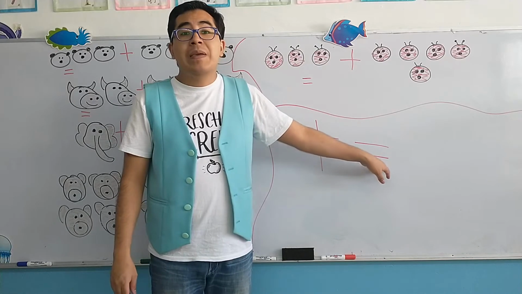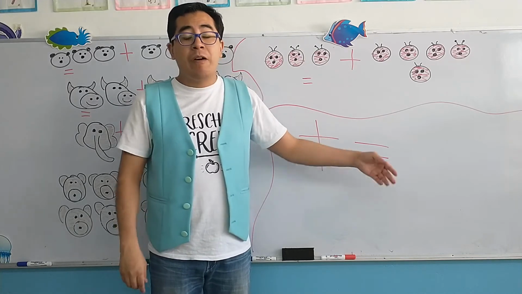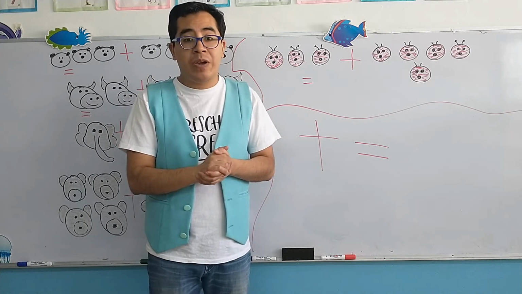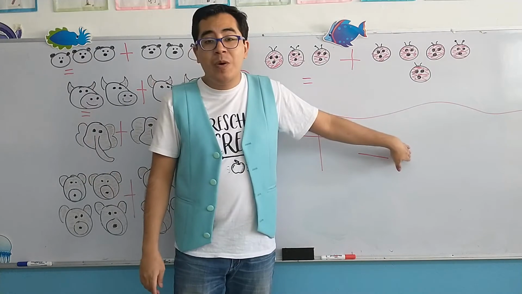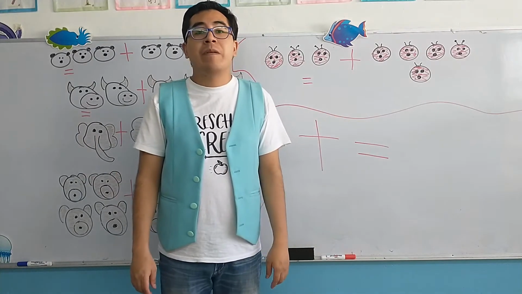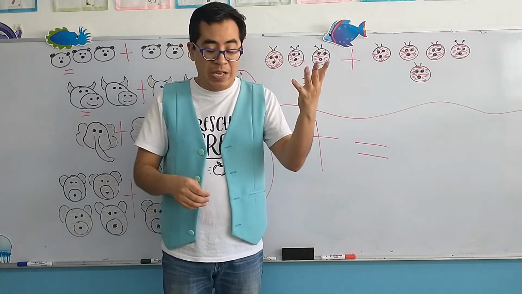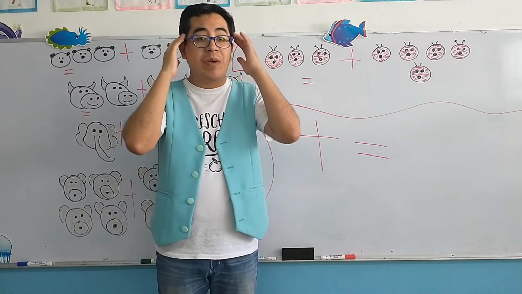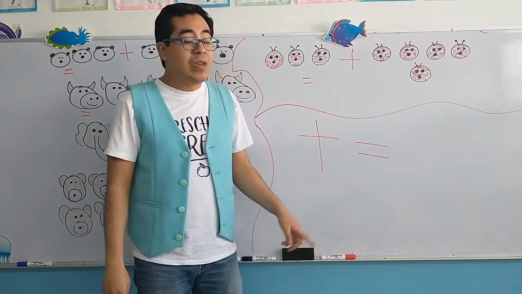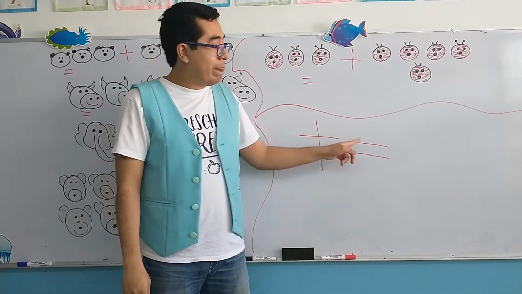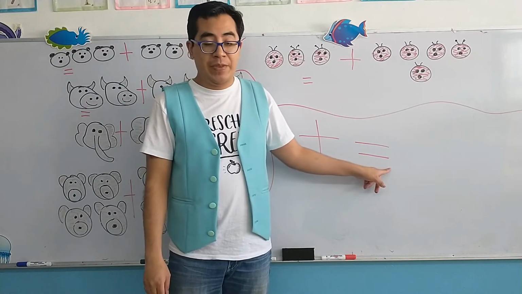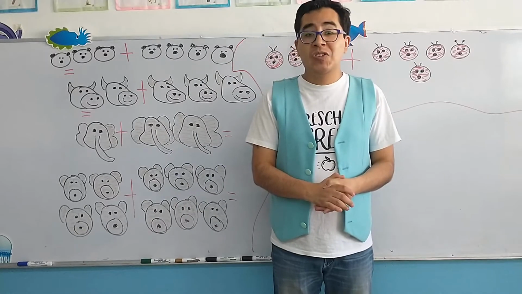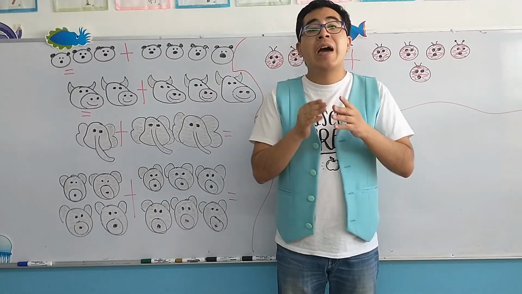Now this symbol, it means equal. Now the word equal in Spanish, igual o el resultado, okay? That means that next to, al lado, vamos a poner el resultado que vamos a obtener de sumar los objetos o los números, okay? So it's very important that we also remember the name of these objects. We have plus symbol, equal symbol, okay? Very good. Now, for today, we are going to make some exercises based on additions, and we are going to